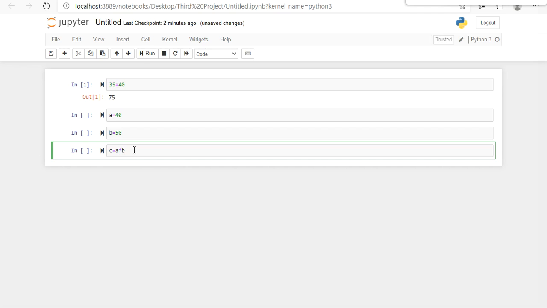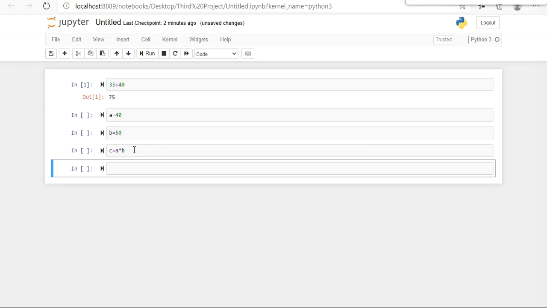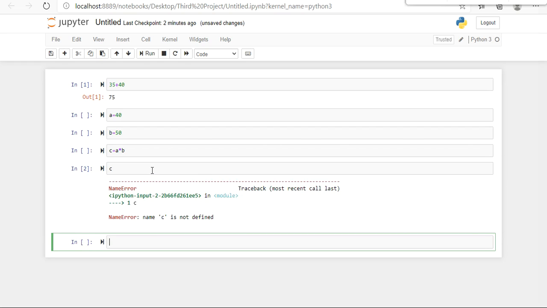Again I am pressing escape plus b, that is c. So in order to execute the whole thing, if I just click c and press shift plus enter,